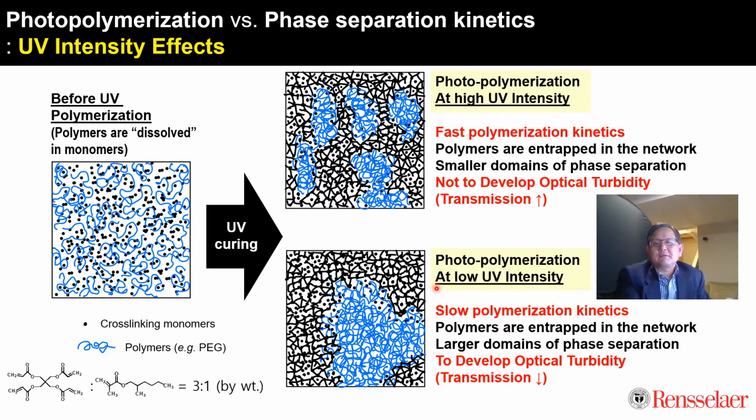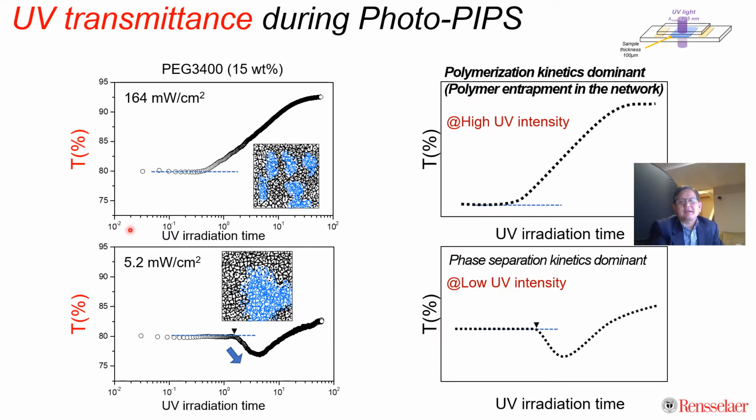But if you do the polymerization at low UV intensity, then slow polymerization happens, and the polymer chains have enough time to diffuse, so they form large aggregates on the order of microns, and then they can develop significant optical turbidity. This is our postulate. So we did this experiment by changing the UV intensity, dissolving polyethylene glycol in